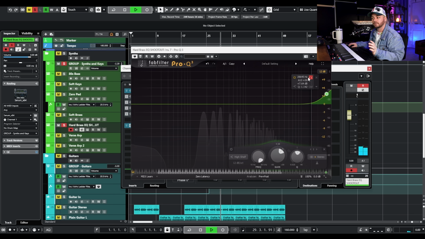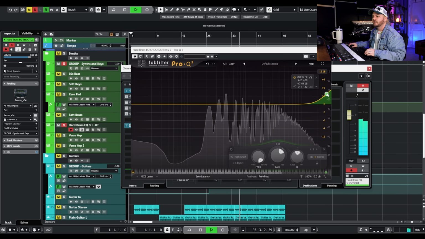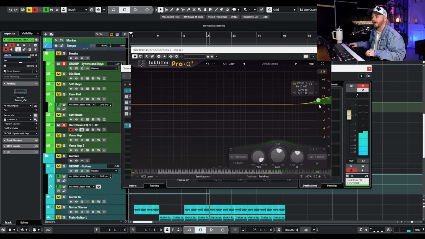So if you're on good monitors, you can still hear that, but you're not hearing 30K. You're probably hearing more like 15K, 14K. So when you hear a lot of people talk about adding air to vocals, they'll add 20K,